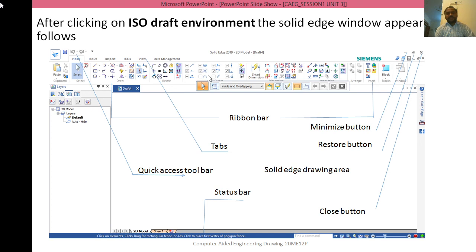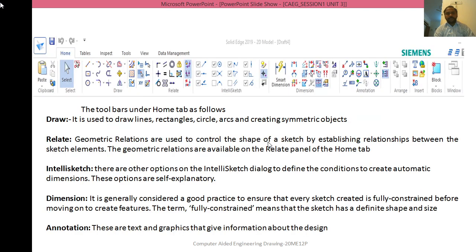In such cases this IntelliSketch toolbar is used. Then dimension. In order to make a dimension for each line or each circle, it has to be used. Then annotation, in order to insert text or various things or special characters on the drawing. In such cases we are using this annotation toolbar.